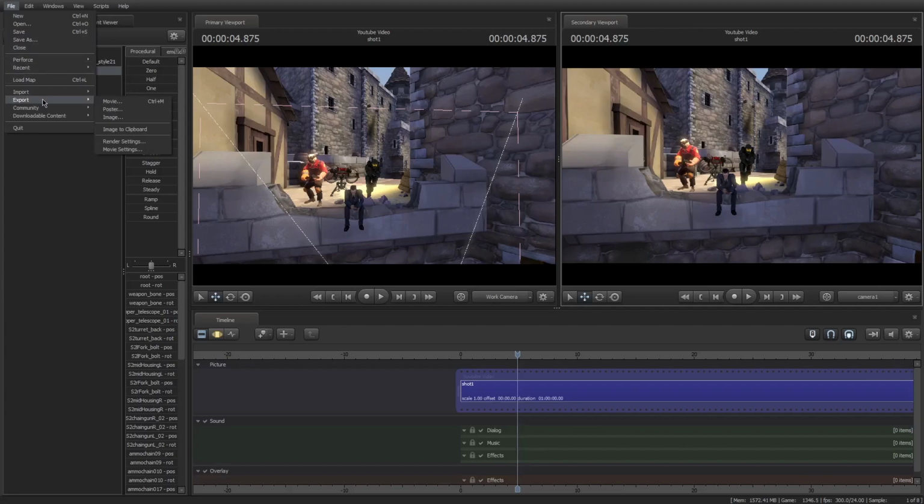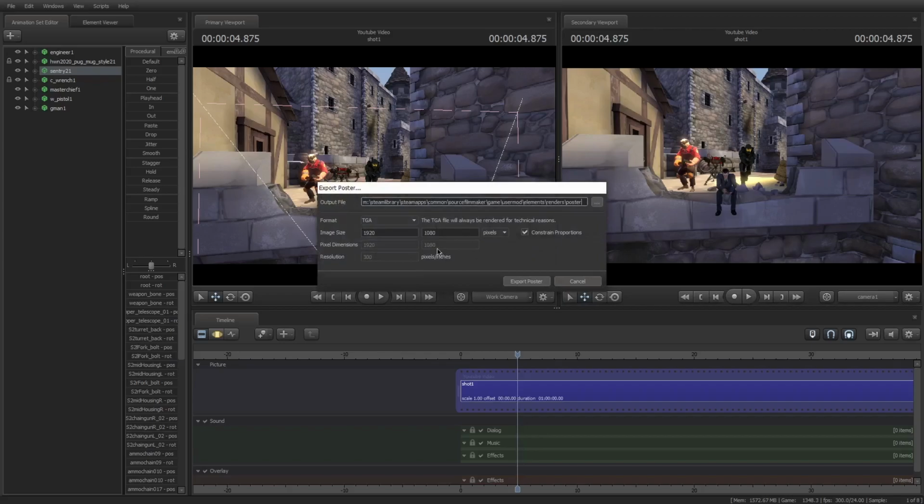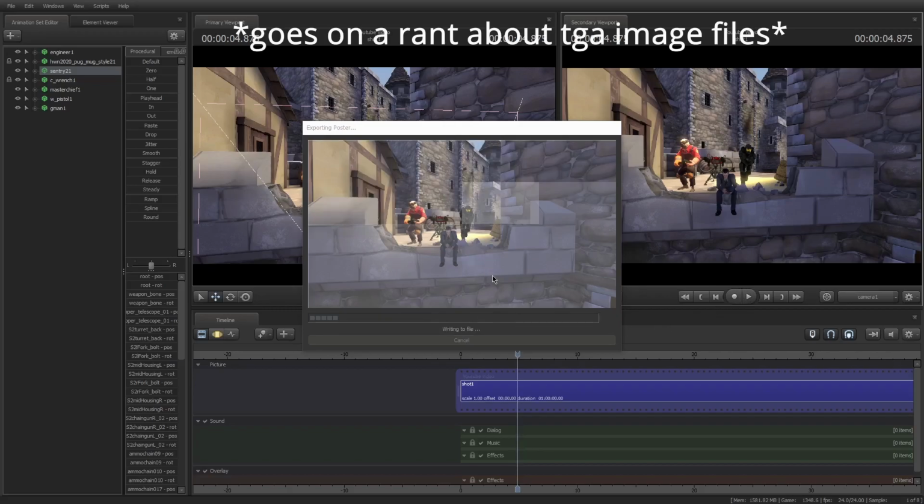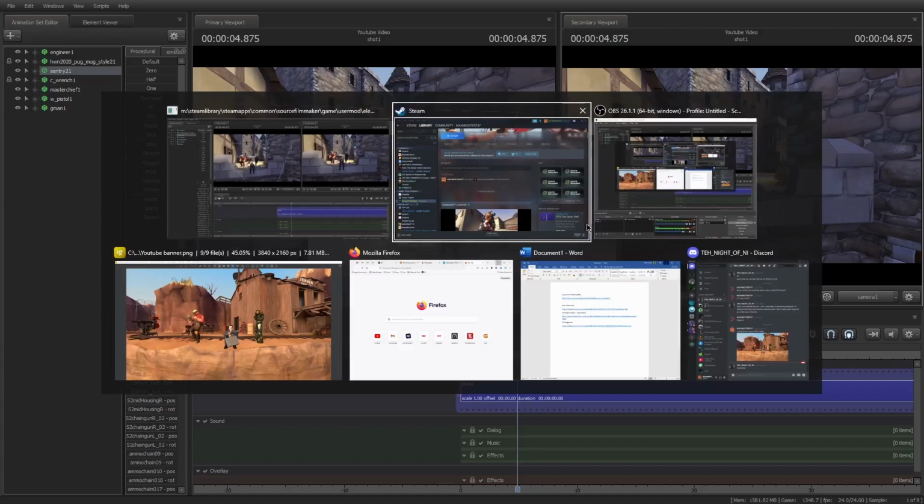Now we go export, poster, save. Then I'm just going to do this in 4K. Now we click export poster. Now this will export in TGA, which is not what we want. But anyway, then we would go over to